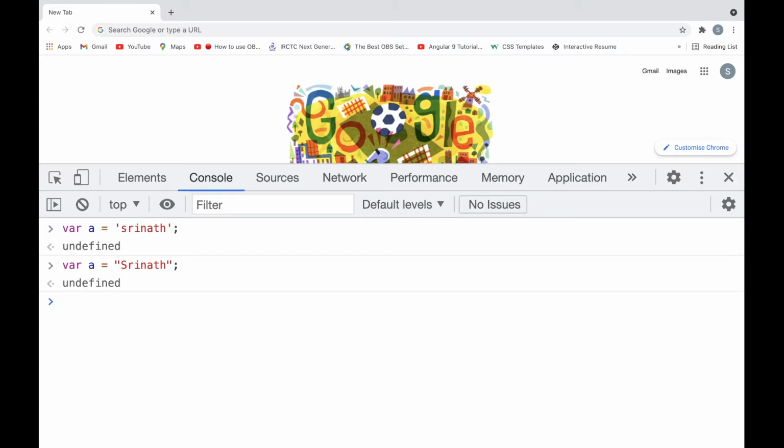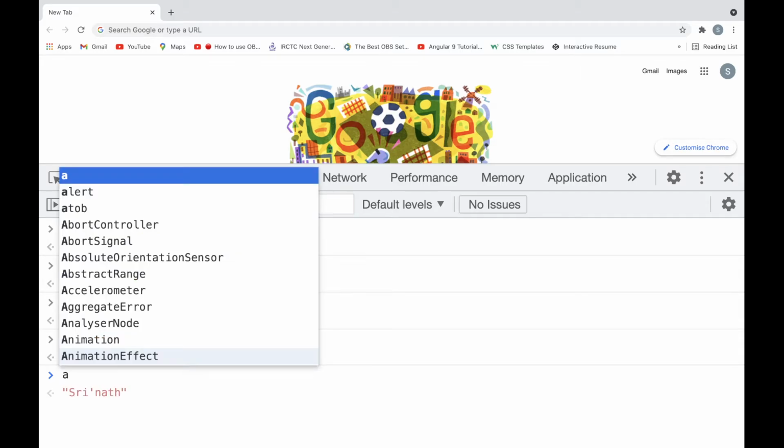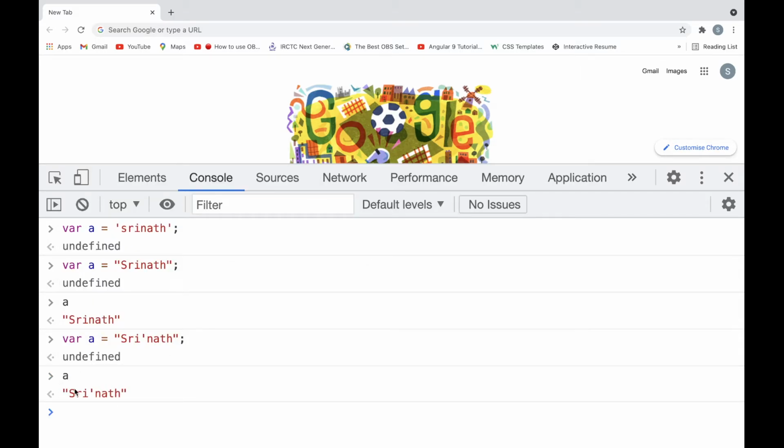Now if I call a, the double-quoted one will come. Similarly, if I want to write a quote, I can use it like this. Now if I call a, it comes like this.